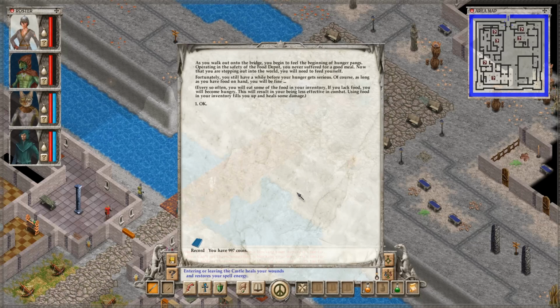What? Wait, this is actually the return of hunger mechanics? I mean, it makes sense in the context of this game, but...